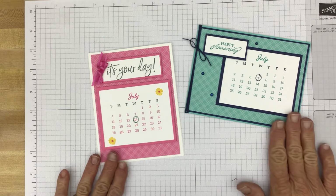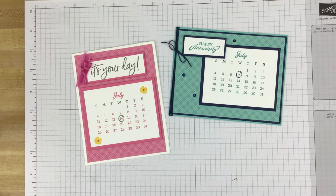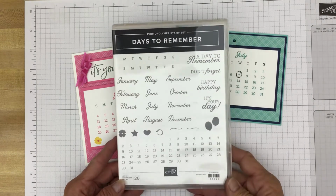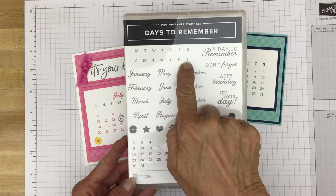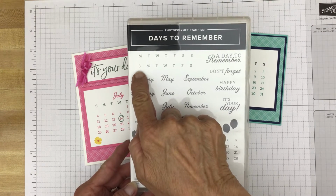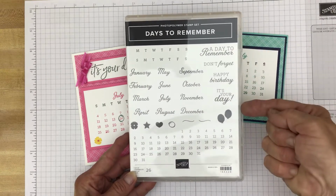As you can see, I have a couple of cards here to show you, and they're a little different in that the focal image is a calendar. These images come from a stamp set called Days to Remember. There are the names of the months and the lettering for the days of the week, whether you want to begin your month on Sunday and run through Saturday or Monday and run through Sunday, it's there for you. There are a few other